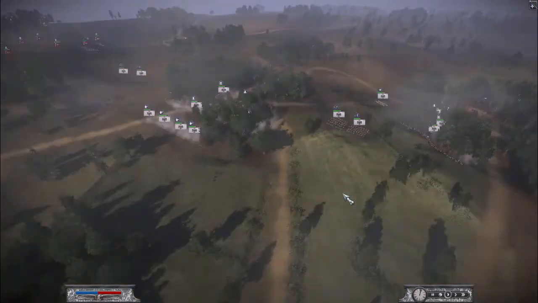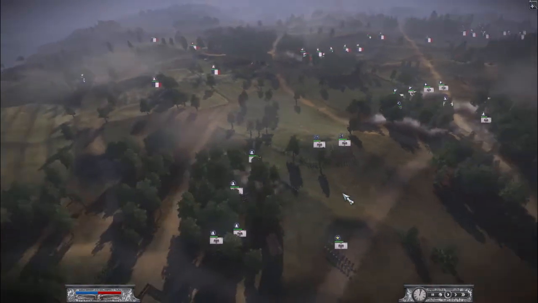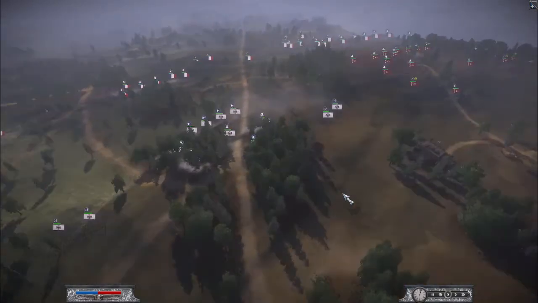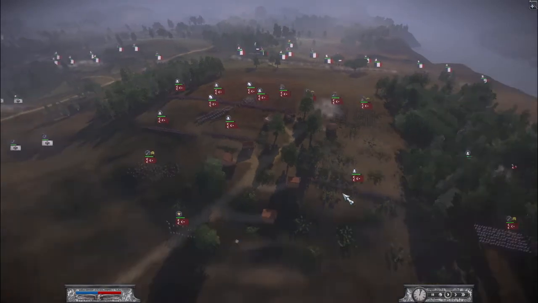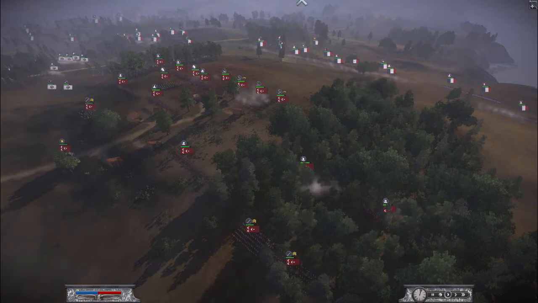So 4th Coalition, he's going to command the Prussians. He got 5 light infantry, a couple of guards, musketeers, lancers, and hussars. I got the Ottomans. And the thing is that the Sexyman over there,